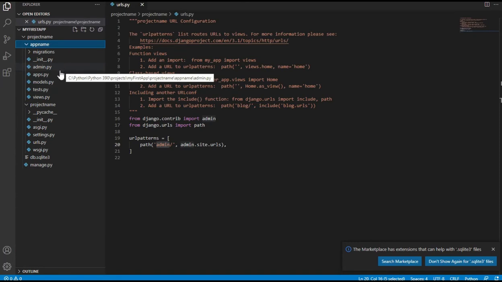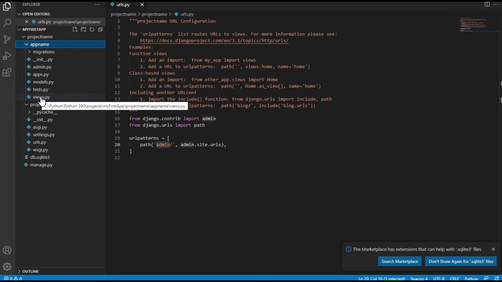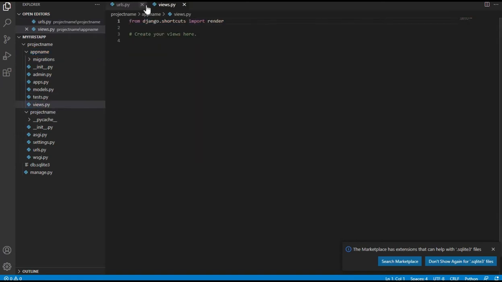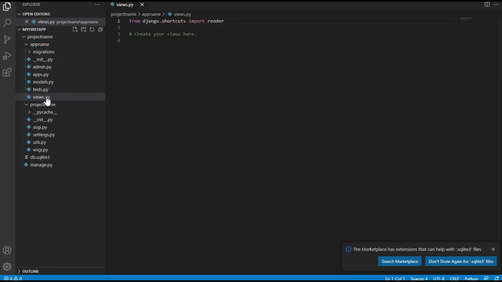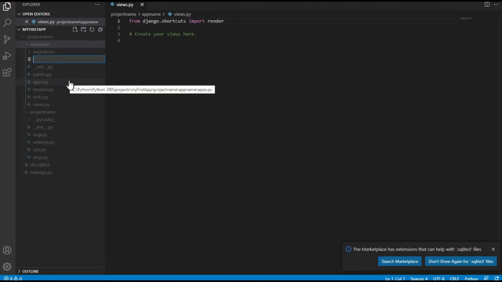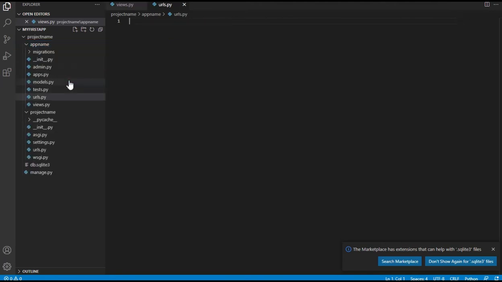And if, for example, I want to present some other data, I'm going to use another app inside this project. And now you can see that we have the views, we have again the URL. Where is the URL? We don't have the URL, but we have to implement it, urls.py,